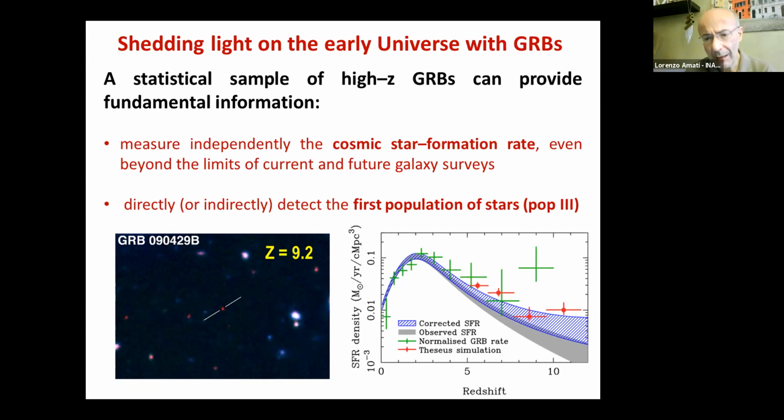This is because, again, now this star formation rate evolution at redshift higher than 6, so the first billion years of the universe, is inferred from the few very bright galaxies that are detected, and you have to make assumptions on the luminosity function of these very, very primordial galaxies that you actually don't know. Instead, with gamma ray burst, you can detect directly the exploding stars, but not only.